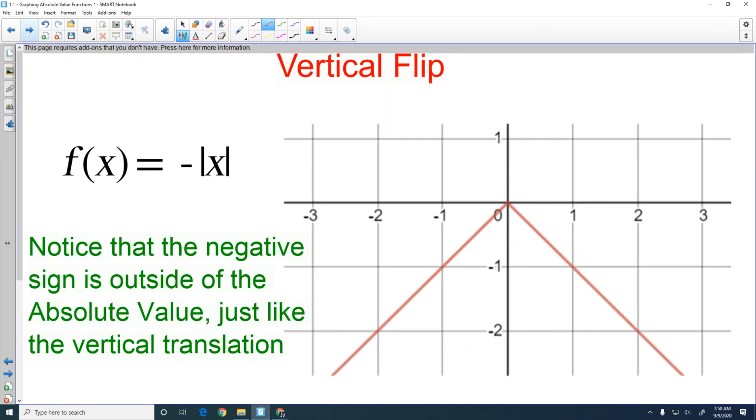Moving on. Okay, the next thing we're going to look at is a vertical flip. Now, we've already seen that word vertical. We know that means up and down. And a flip, well, that's probably